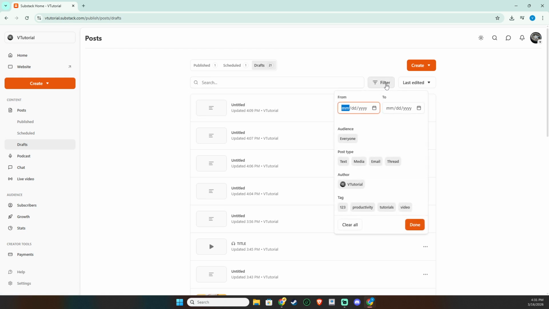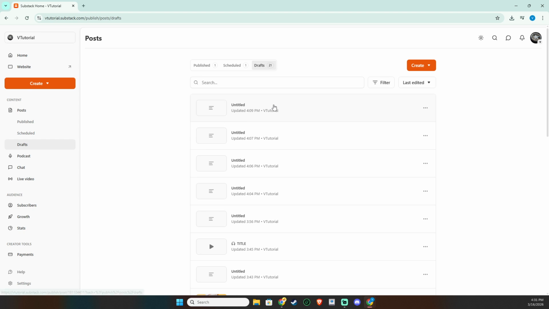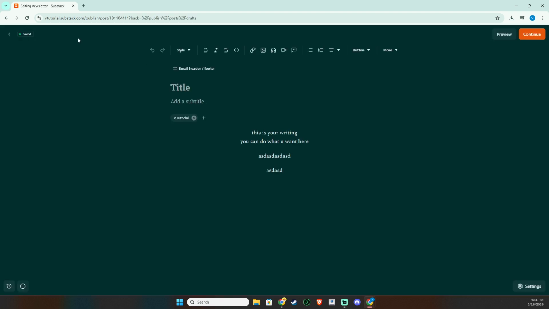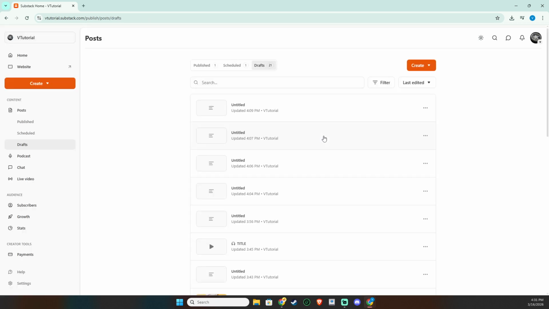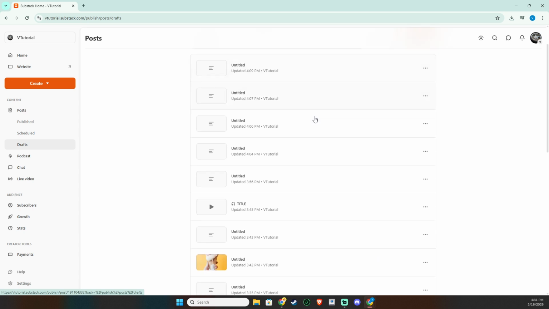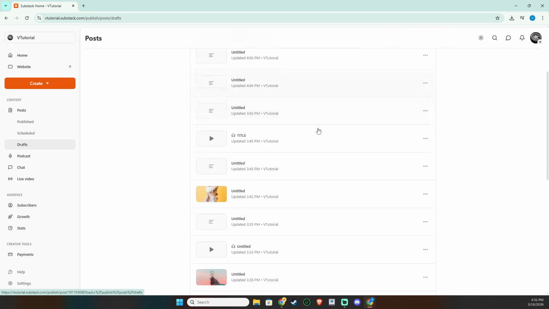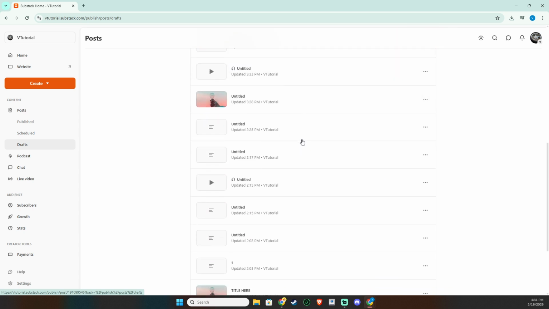Once you're in drafts, you can review your saved pieces, confirm that your latest edits were captured, and choose the exact draft you want to pick up next. If the list is long, scan for recognizable titles or timestamps to zero in on the right one. It's a good habit to give your drafts clear working titles so they're easier to spot later, especially if you keep several ideas going at once.